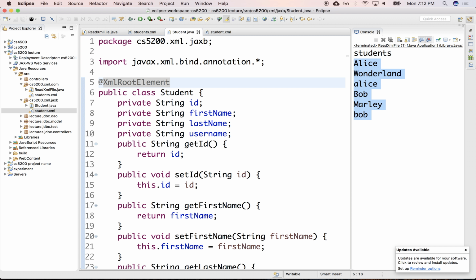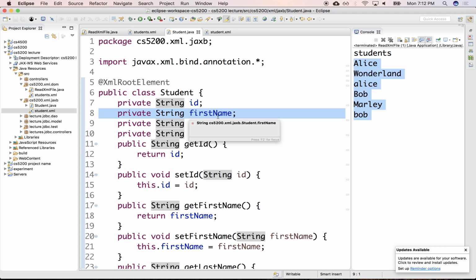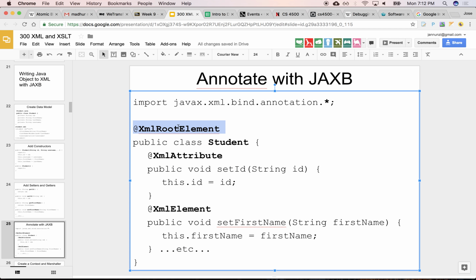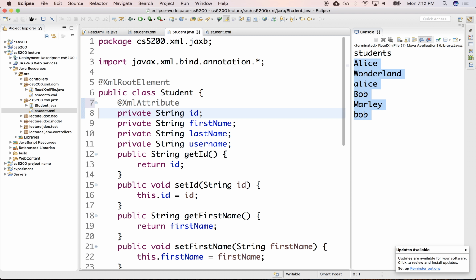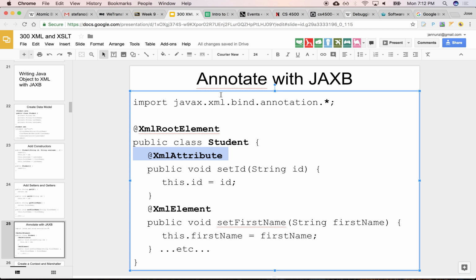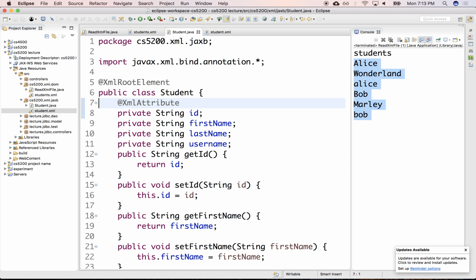We're saying that this class represents the root of some embedded XML. And the following can be either represented as attributes, or they can represent themselves as elements again. So let's annotate the ID. We're going to annotate it as an attribute. So this is an attribute. Oh, I'm sorry. We annotate